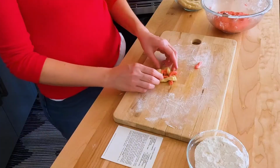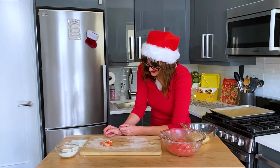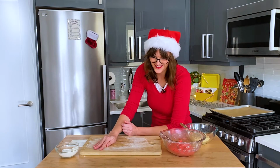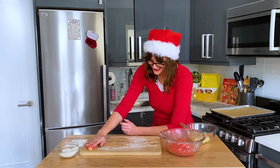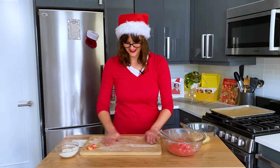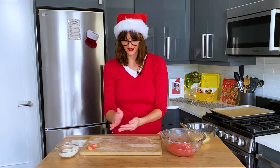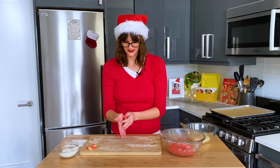Candy cane? Okay, so the first one's done. I don't know what happened. We'll just put that aside. Let's not look at that. Maybe it's too much flour. Okay, let's try again. I want to do what I did with my little test, which is roll